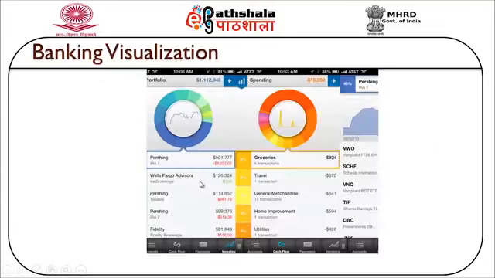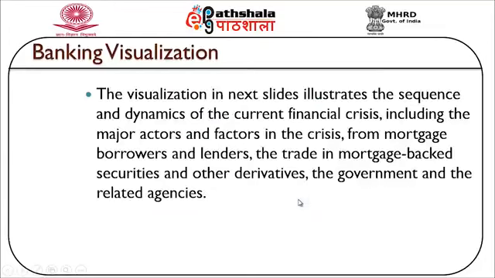This is one example of a banking visual that has been drawn. If we look at this visual, we can see the amount that has been spent by the Wells Fargo advisors via brokerage, and similarly for each and every area it has been divided and the amount specified. Similarly, on the right hand side they have given the spending, that is, the areas in which the amount has been spent: groceries, travel, merchandise, home improvement. So we can compare these two charts by placing them side by side.